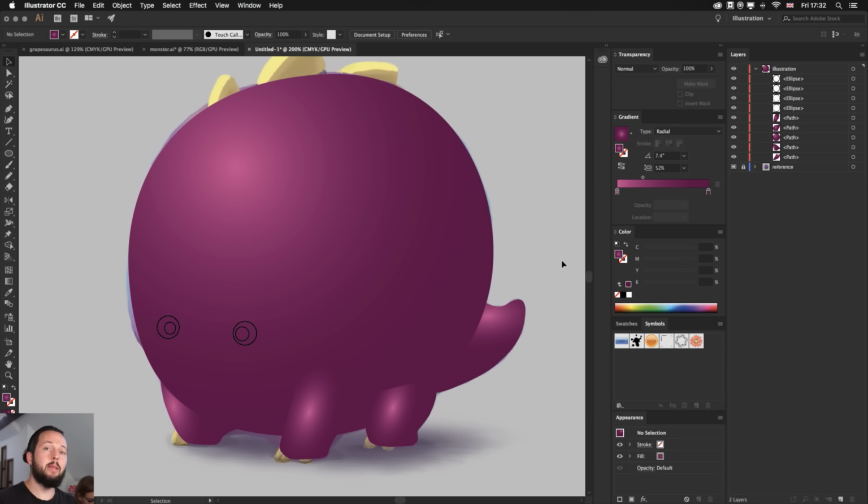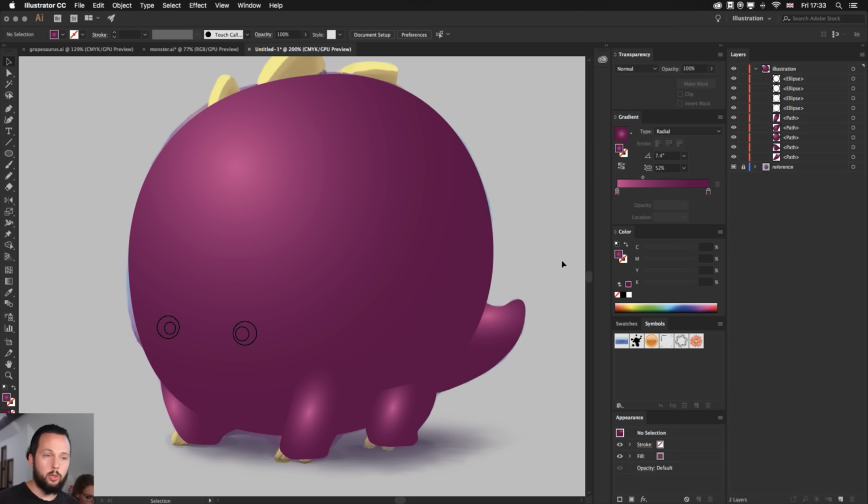And this is simply using one single gradient with two swatches on it. So you don't have to be overcomplicating things. It's more about how you use these features. So you can get to an amazing result relying on just simple gradients like this. But of course, once we start using the gradient mesh, we can take it to a whole next level. So we will be covering that in a second.